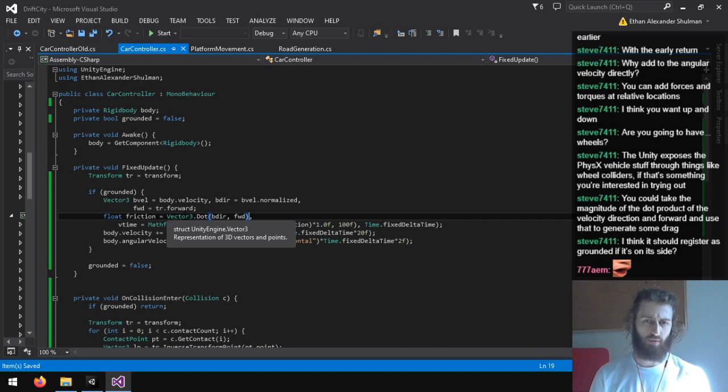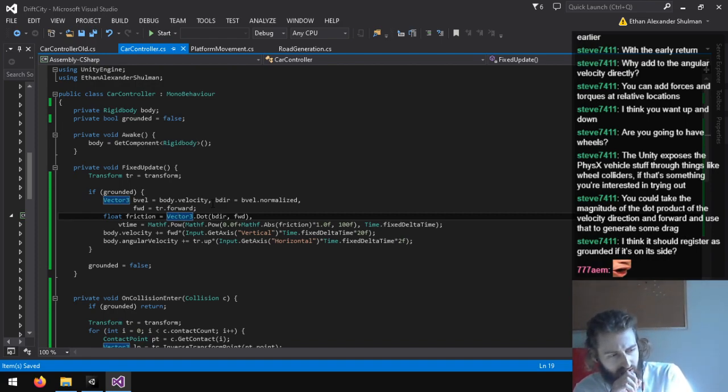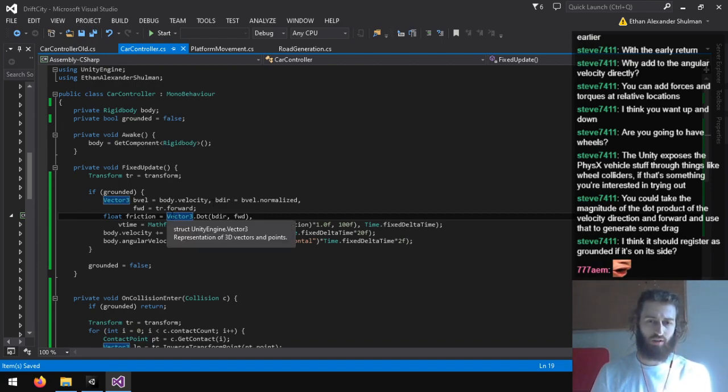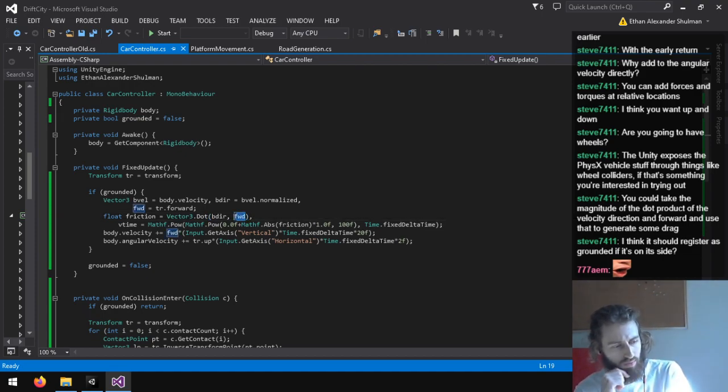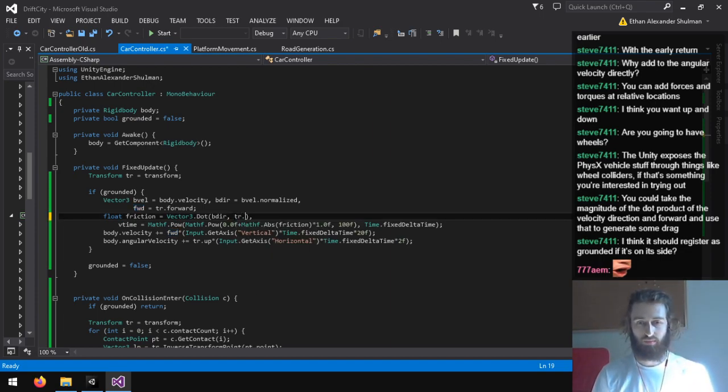So, if the body direction is not equal to the forward, then that's friction? Actually, so the only thing that's actually friction is if the velocity... No, actually, this is different. So actually, I think the friction should be the right. There's no friction when it's moving up.